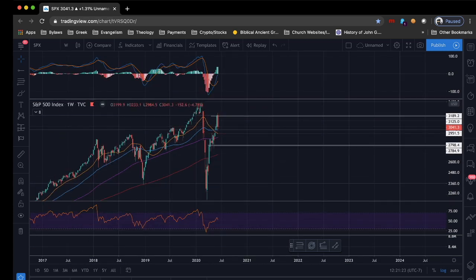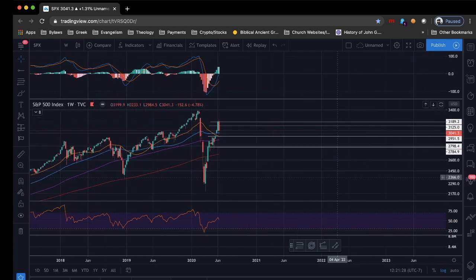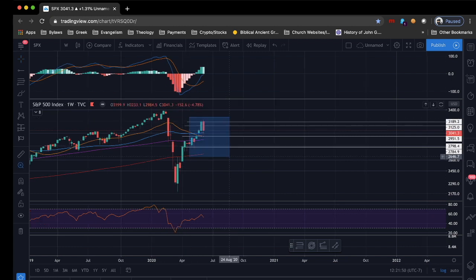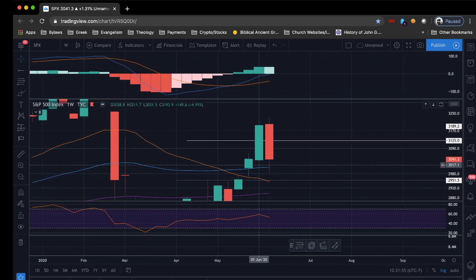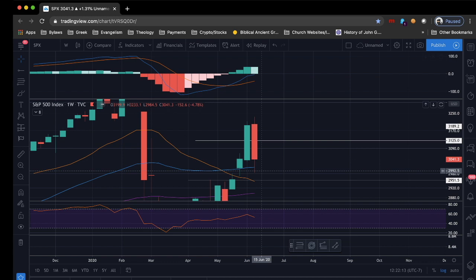All right, so let's look at that weekly. The weekly looks very interesting, by the way, okay? So this weekly looks like we have an engulfing sort of candle here. Now, what's interesting about it is, let's take a little closer look, that we're not really eating the whole previous candle. We're just above it. And again, we can't make much out of it, because it may mean that the bulls are still not out of gas, although again the MACD is telling us that they're running a little bit weak there.